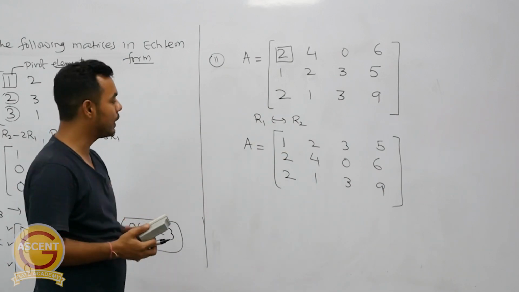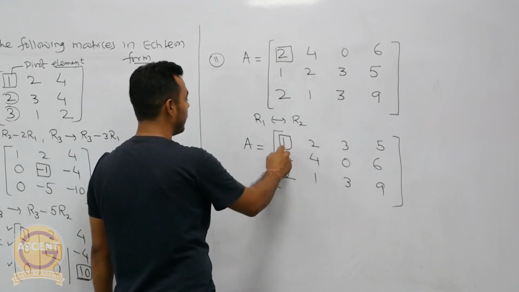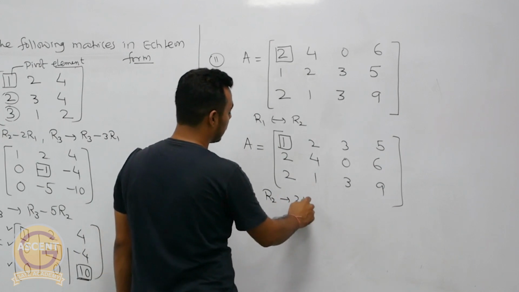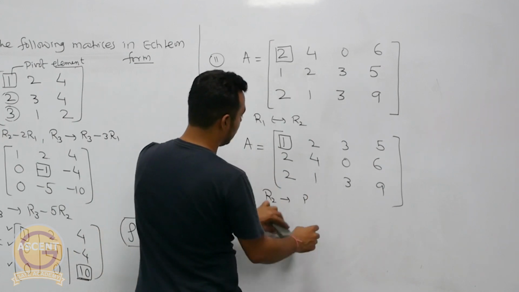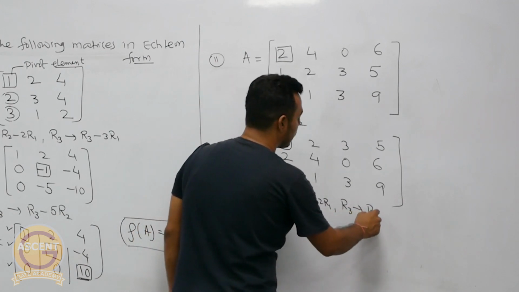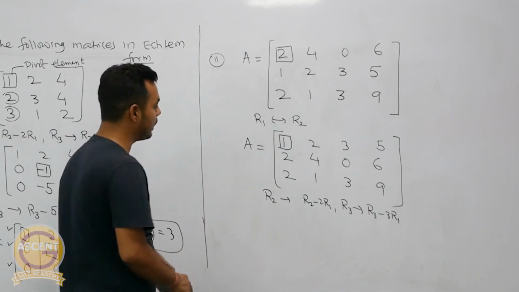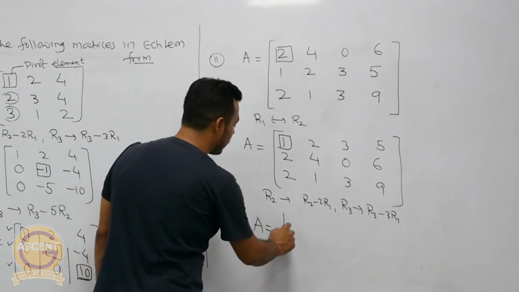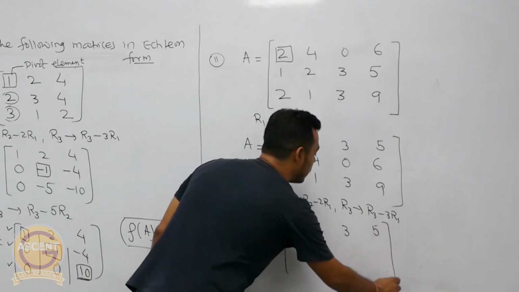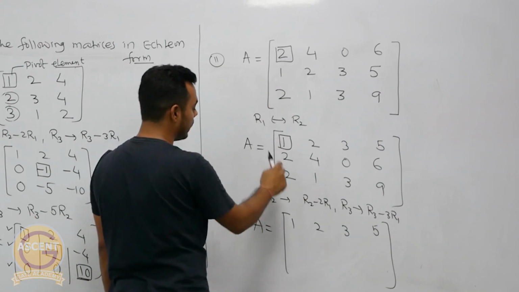It is better to have 1 as the pivot element. So this is our first pivot element, and we have to create 0 below this element. So I can perform this operation: R2 goes to R2 minus 2 times R1, and R3 goes to R3 minus 3 times R1. If I perform these two operations, then our matrix A will be: the first row is the same, 1, 2, 3, 5, then R2 is R2 minus 2 times R1, so 2 minus 2,